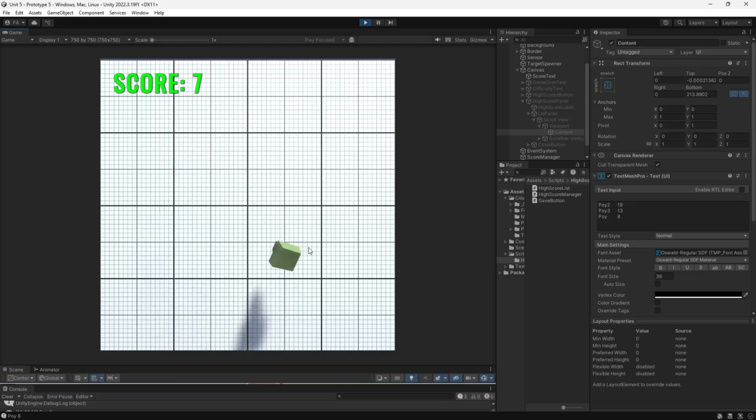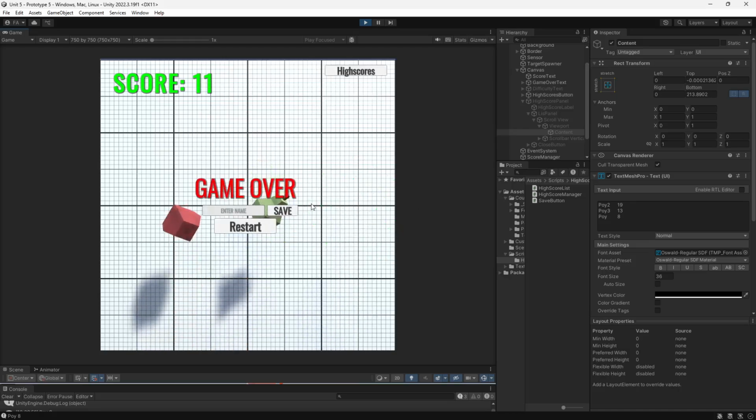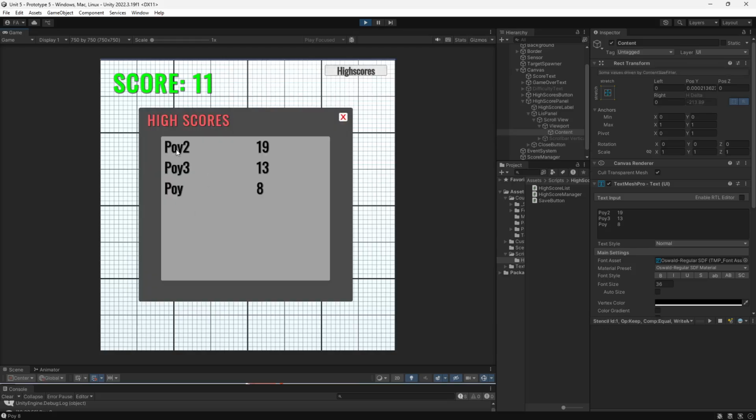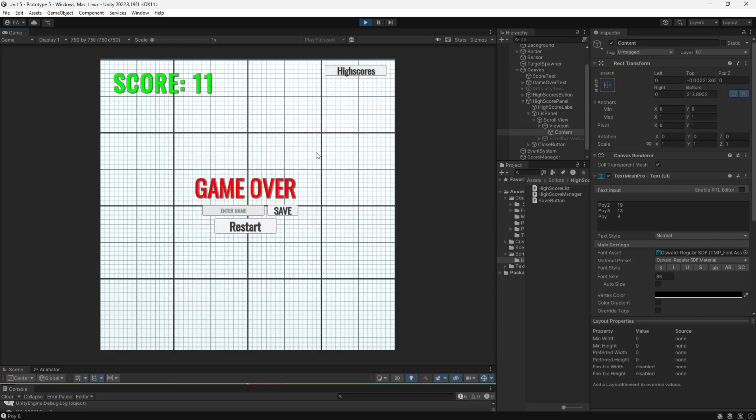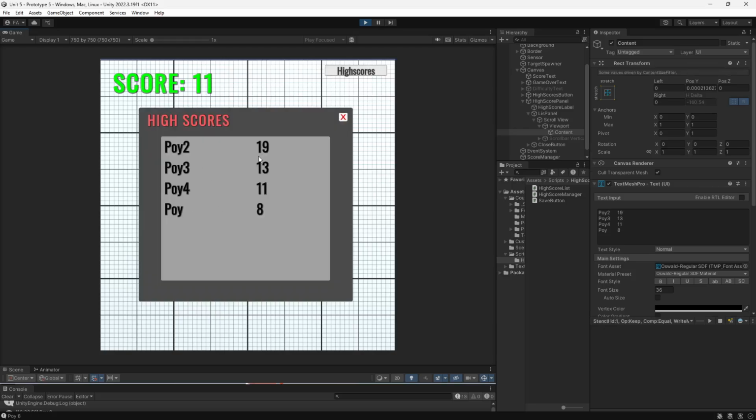So say I scored 11, I'll let that fruit fall. And then I can enter my name here and save it in the high scores. If I click on high scores, it's not here yet. So if I save my name here, say poi 4, it should be after poi 3. I'll enter poi 4, click save, click on high scores, then it's